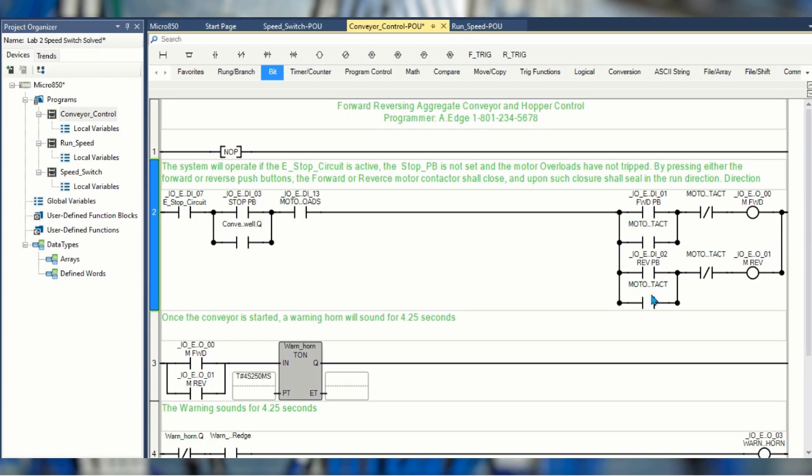Same goes with the reverse. If the reverse is energized first on that particular day, then it will disable the forward unless you hit the stop button first. Now around the stop push button, notice it's not the emergency stop circuit. It is the stop, some people will call it the system stop push button. When that is pressed, this